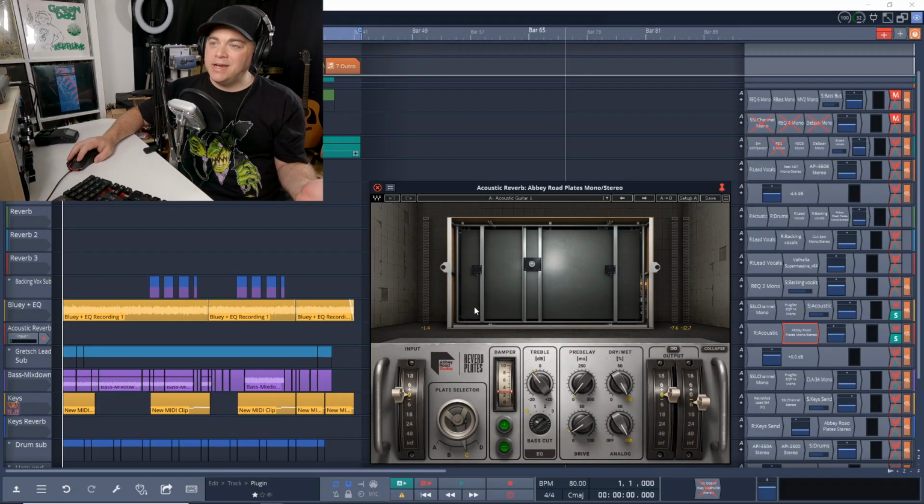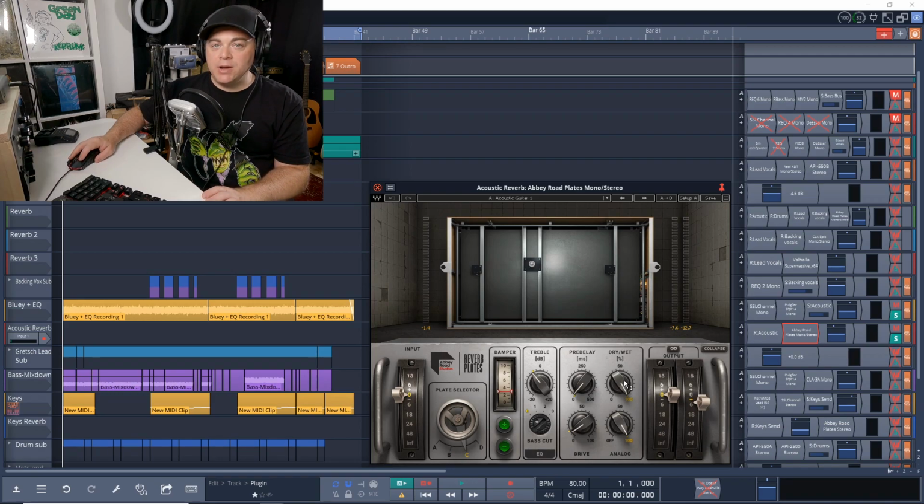All right, so now we're beyond those 7 plugins I use all the time. And the next one that I use quite often, maybe not all the time, maybe I do use it all the time, but I do use it quite often. This is the Abbey Road Plates Reverb. It's a really nice reverb plugin. It has a great user interface that's easy to use down here. You have 4 different plate selections that you can choose from, and each one does sound different.